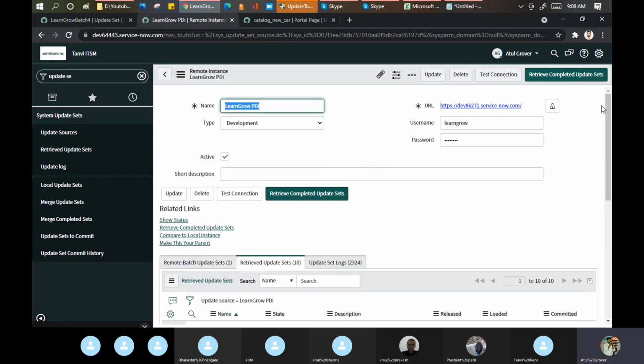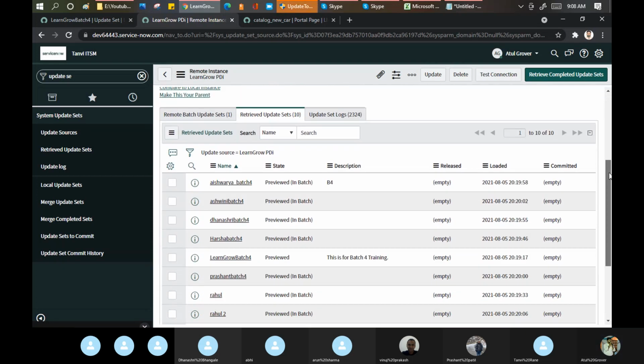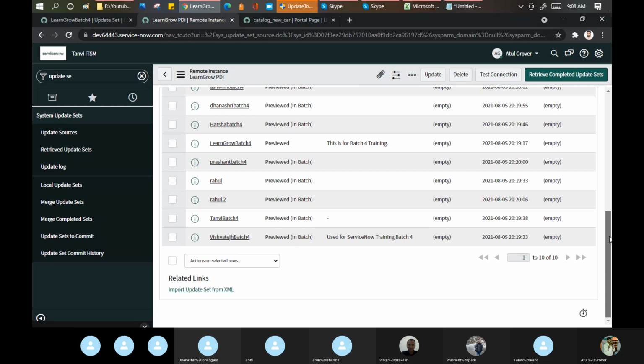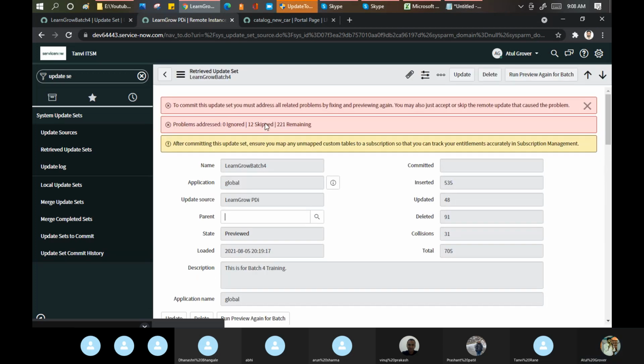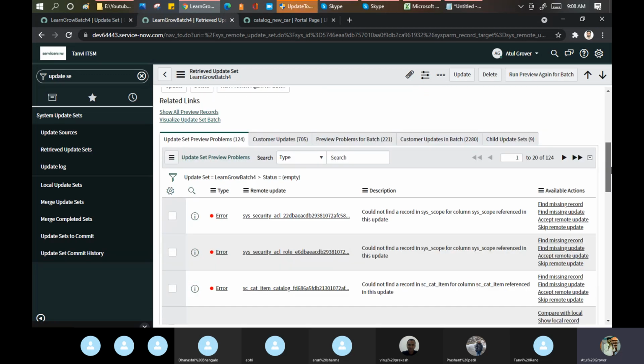We have to do these things for everyone. All these things. Okay, let me take my batch. This one. Let's see how many things there are. 535 insert, 48 update, 91 delete, 31 collisions, 705. 31 collisions means here I'm facing some problem, and these are my errors.